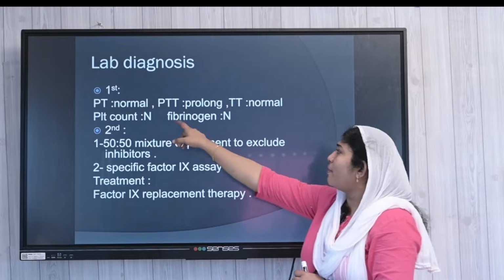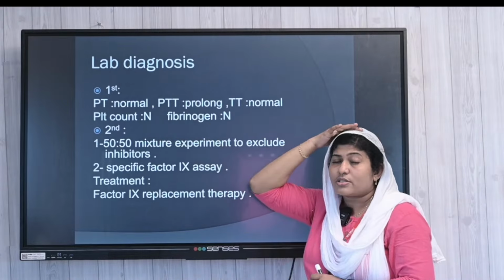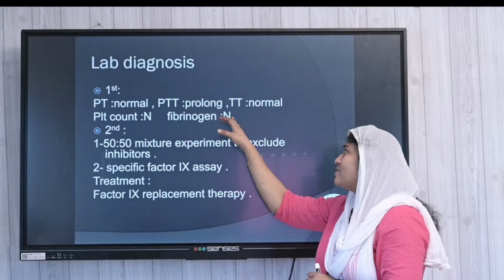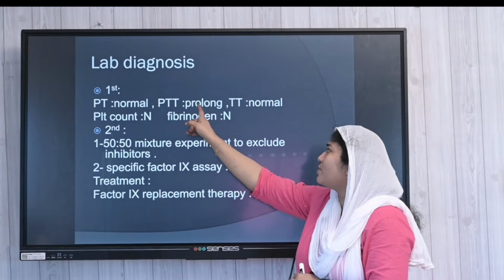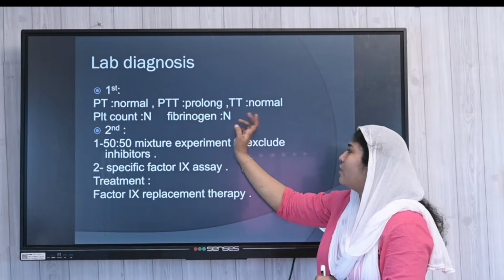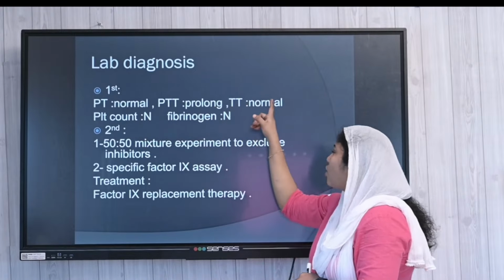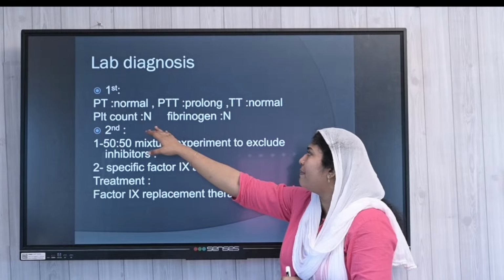Diagnosis: prothrombin time is normal, PT is prolonged. So, same like factor 8, factor 9 is also coming under the pathway of intrinsic mechanism. So, here also APTT will be affected. See, others are normal: PT will be normal, thrombin time will be normal, platelet count will be normal, and fibrinogen